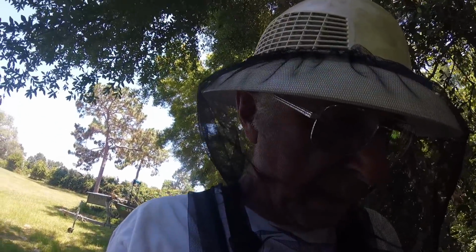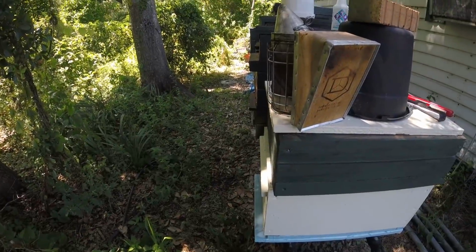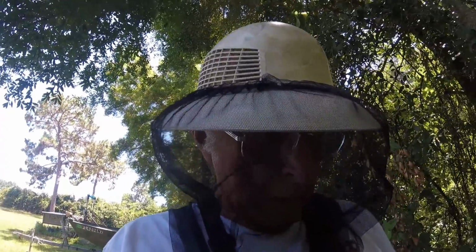Let's go inside this hive. I don't see a lot of bees coming in out of this box here. I don't know. Let's dig into it and see what we got. Let's check our little flying monkeys and see what's going on. We'll go through all these boxes and get an idea of our resources, because on June 3, we got a new moon. I want to make up some more nukes and get that rocking and rolling, so we'll see where we're at. I see over here the bees are working. I'll show you my